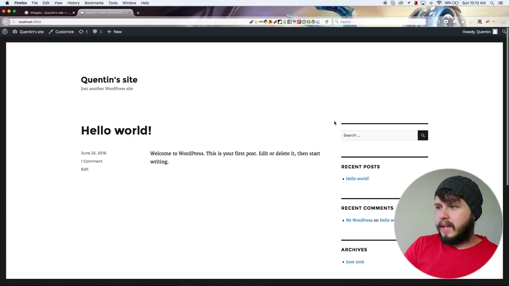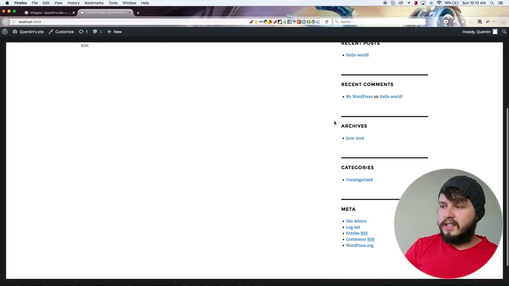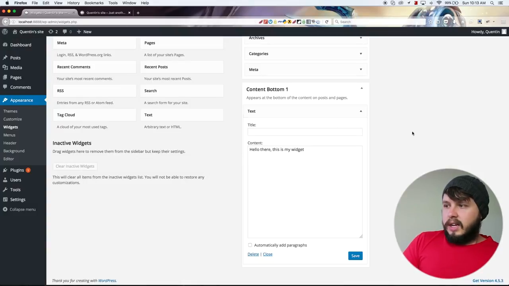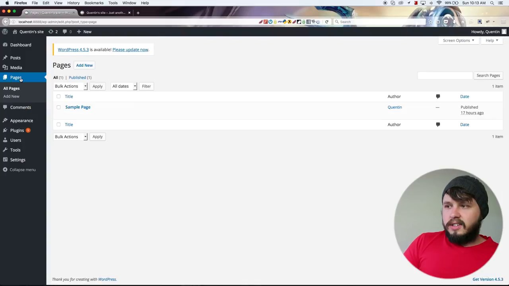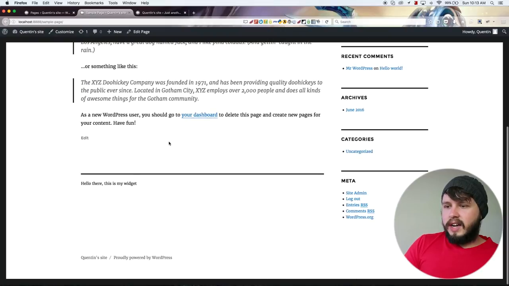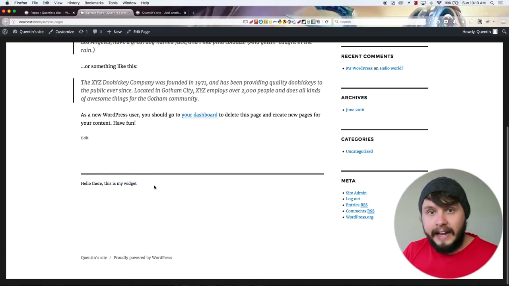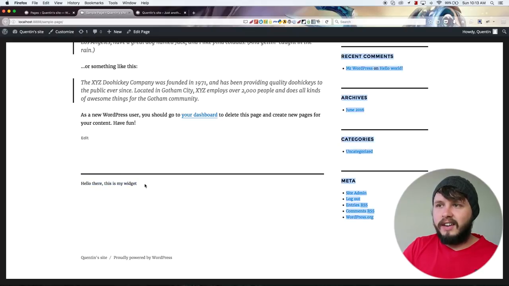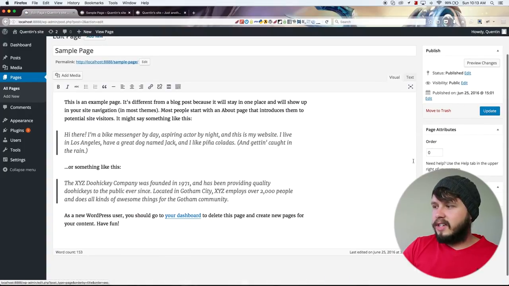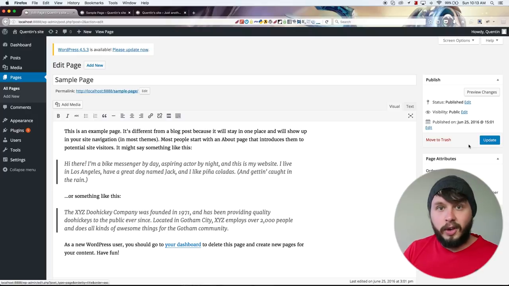Interesting. I guess it probably doesn't even appear on this layout. I'd have to go over to pages, and I'm going to go view my sample page. And if I scroll down, there we go. So it does depend on what layout you're using, and that is something that I actually haven't covered. But if I go back over to sample page and I hit edit, some of our pages can have different layouts, and we don't have a layout option over here. But I guess the home page just uses a slightly different layout to sample page,